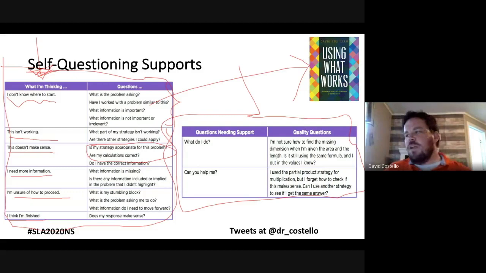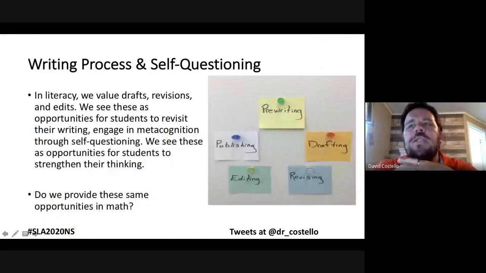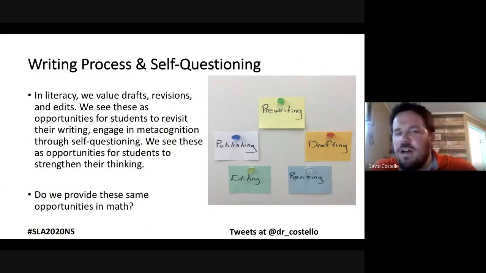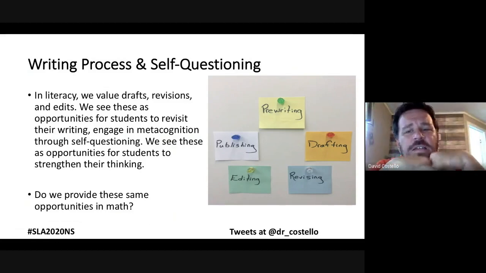So as a way to wrap up, I want you to think about this, something we do in literacy all the time. When we talked about process and product at the beginning, think about how in terms of the writing process, the product is the process. And we have the 5 stages within the writing process.